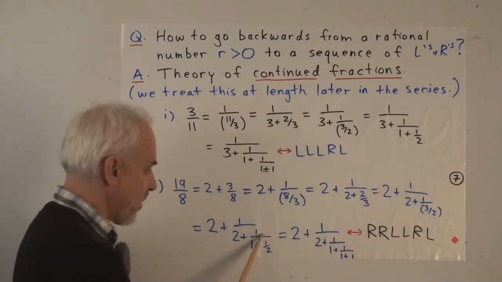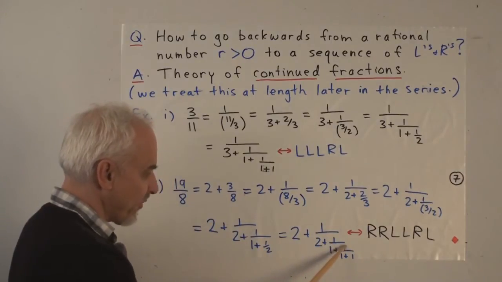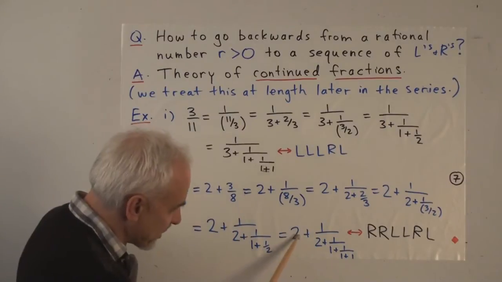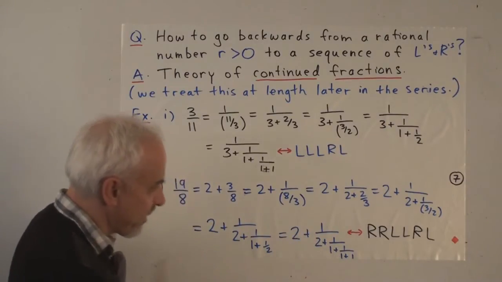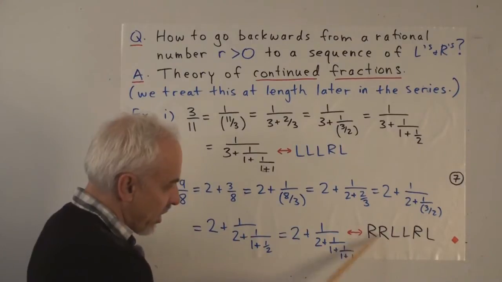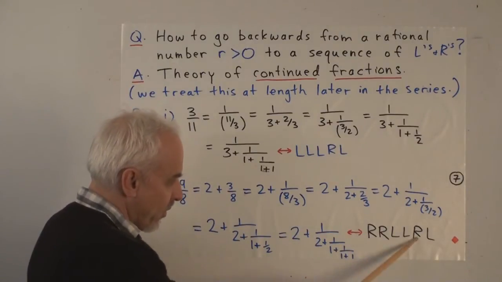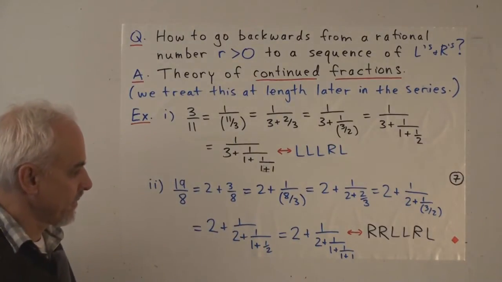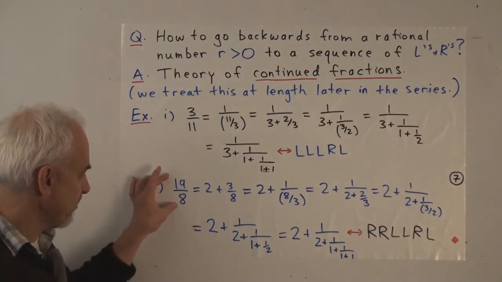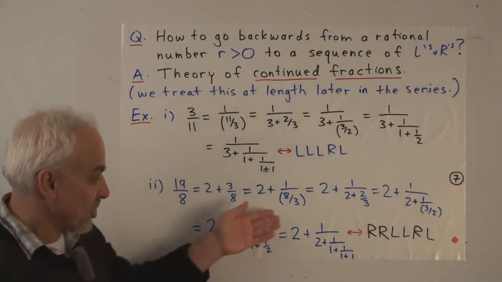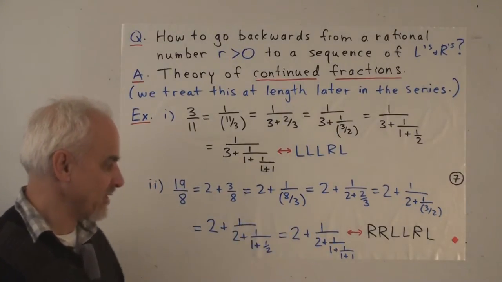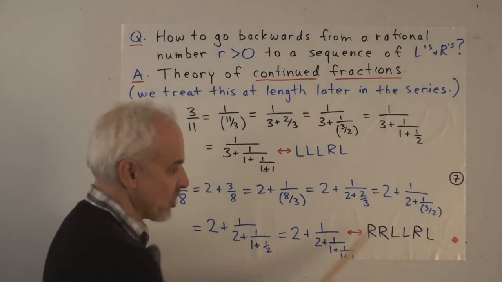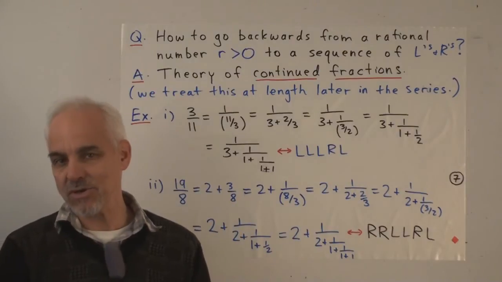And similarly, we'll just get 1 over 1 plus a half, and then 1 over 1 plus 1 over 1 plus 1. So now we have a sequence of numbers here, 2, 2, 1, and 1. And sure enough, there's 2 R's, and then 2 L's, and then 1 R, and then 1 L. So we're associating to a fraction one of these continued fractions with lots of reciprocals going down. And then reading off these numbers here, we can interpret them in terms of some sequence of R's and L's,